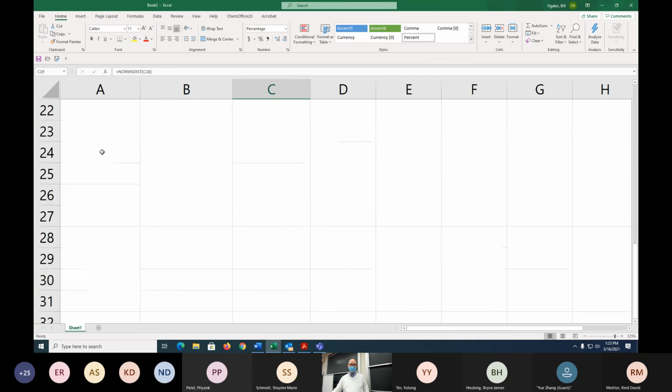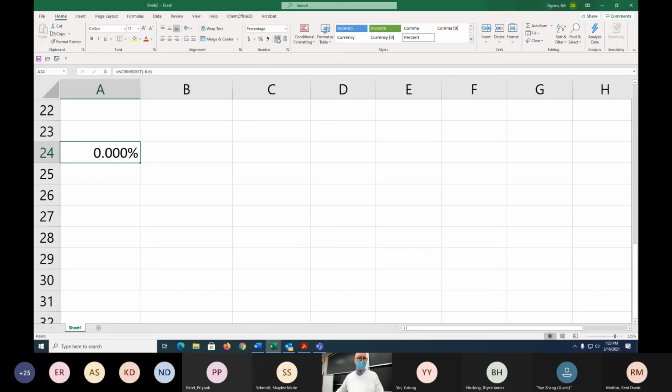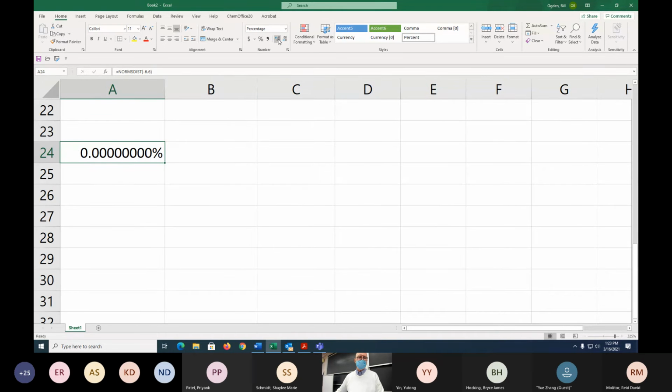Okay, now let's just apply this to what we know. Let's sneak into here, just pick a cell, I don't care. And let's say equals NORM.S.DIST. And let's go negative 6.6. So what's the probability of a AAA rated bond not covered? Okay, let's see if we get a percent. Oh my. Oh my. Okay, it doesn't fit. Let's go a little bit. Okay. And then if we go